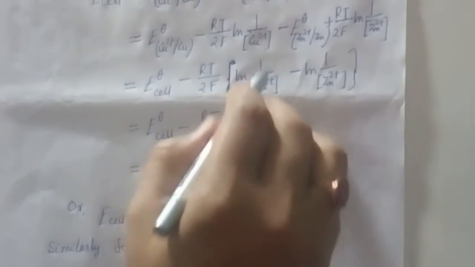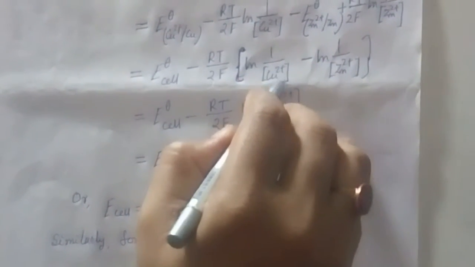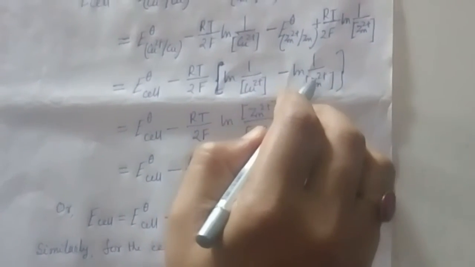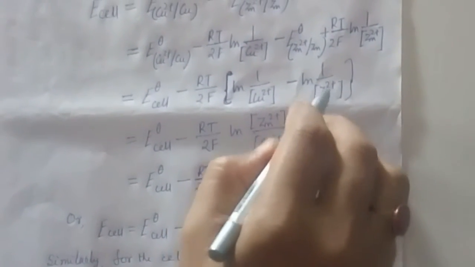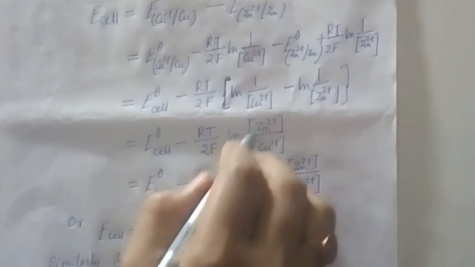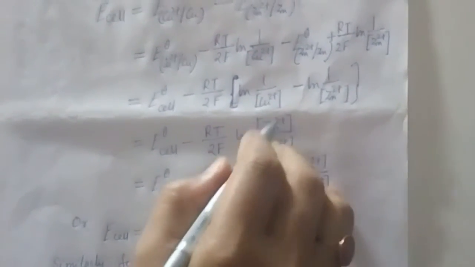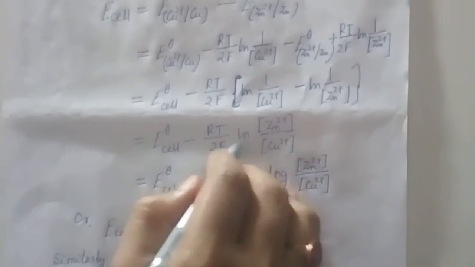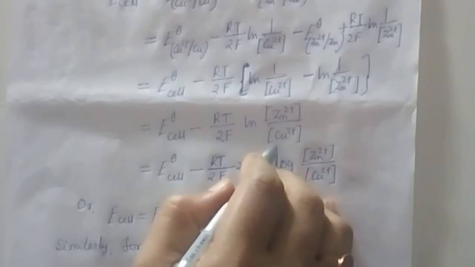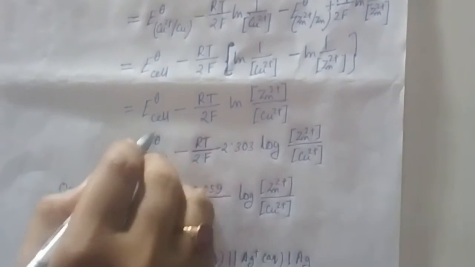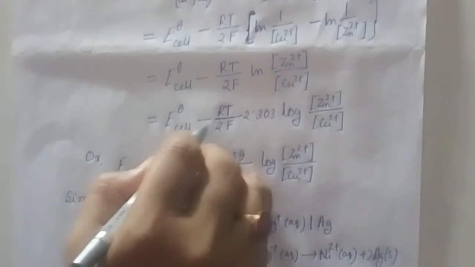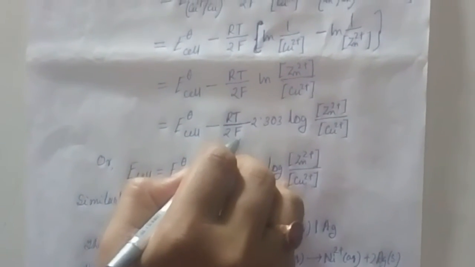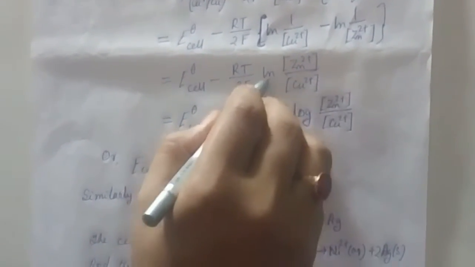So that means ln of 1 by concentration of copper 2 plus minus ln of 1 by concentration of zinc 2 plus, that will be equal to ln of this divided by this. That means that zinc will go up, so that will be ln of concentration of zinc 2 plus by concentration of copper 2 plus. So thereby it will be E standard cell minus RT by 2F ln,